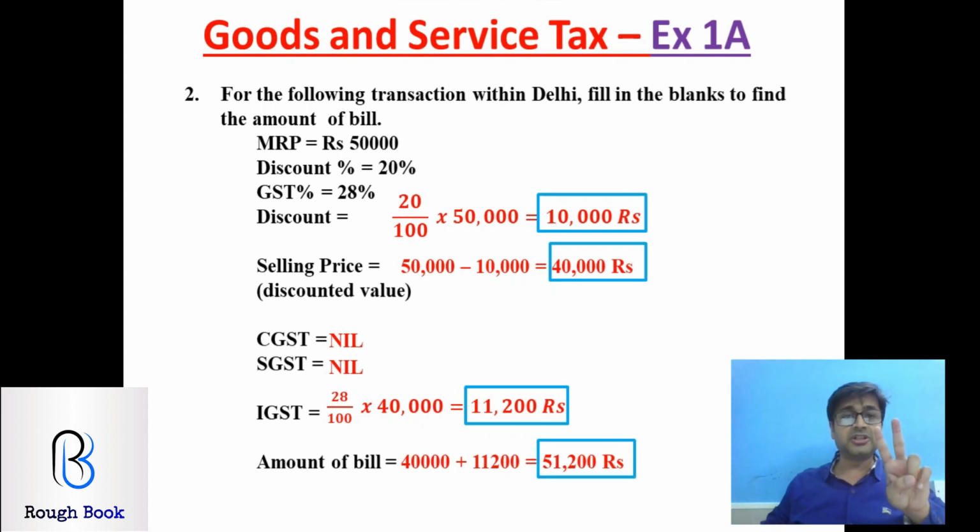The objective of these first two questions is very simple. The first one is to make you understand intrastate, and the second one is interstate. By printing error over here, this should be Delhi to Jaipur, that is interstate. Is the concept clear in the head? Let's hit the next question.